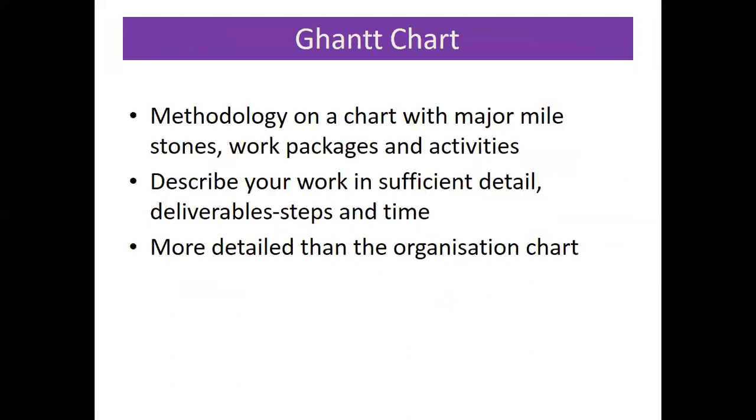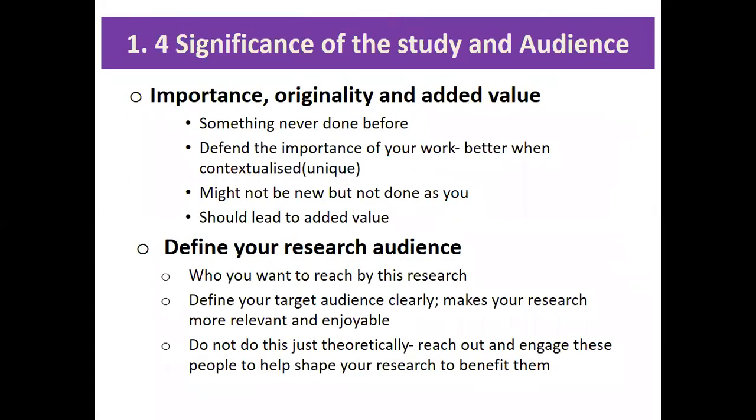Sometimes you have a Gantt chart that shows even the time, the month, if it's week by week or month by month, what you want to achieve every step of the way. So if you have 4 months, you want to put all of those 4 months in a picture form. It can also be in a written-out form, like a timetable that you're giving yourself to be able to finish, which is very important because it helps you to manage your time.